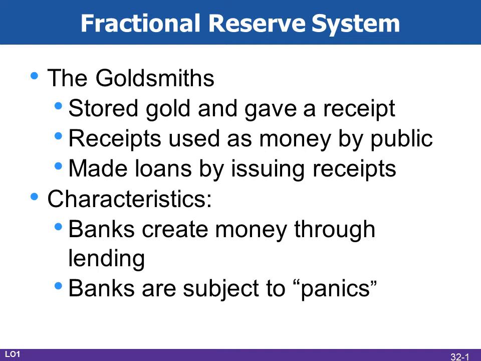So after quite some time, the goldsmith started to get lonely. Two things happen here. The first is that we now went from a commodity money to a commodity backed money. In the beginning of the story, gold was the money, and at this point, the receipts are a representation of the gold, so they are commodity backed money. The merchants used the receipts because they weren't as heavy, they were easier to hide, and it was less dangerous to carry them around. The goldsmith really didn't need to be seen all that often.